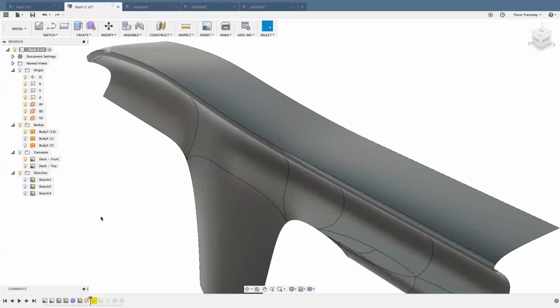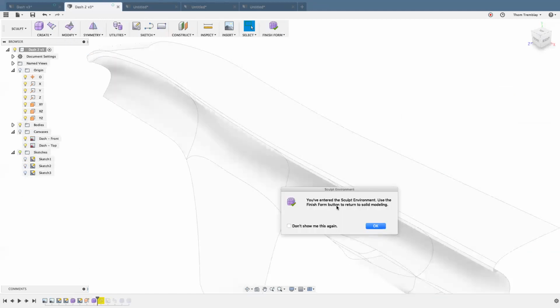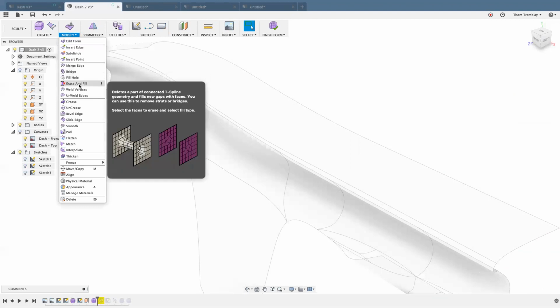Other tools in the freeform environment that you might have questions on. There's actually one that was added recently that's pretty amazing. When you start getting into situations where you've kind of got corners coming together in a weird way, erase and fill is nice. We've had fill hole, which, if you have an opening, will give you a few options for closing